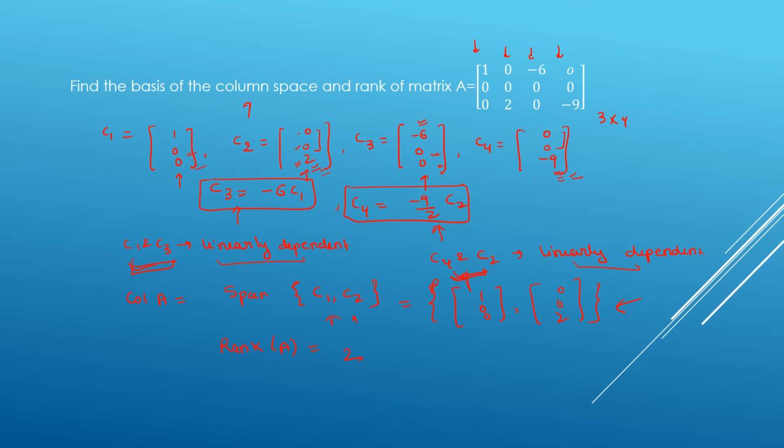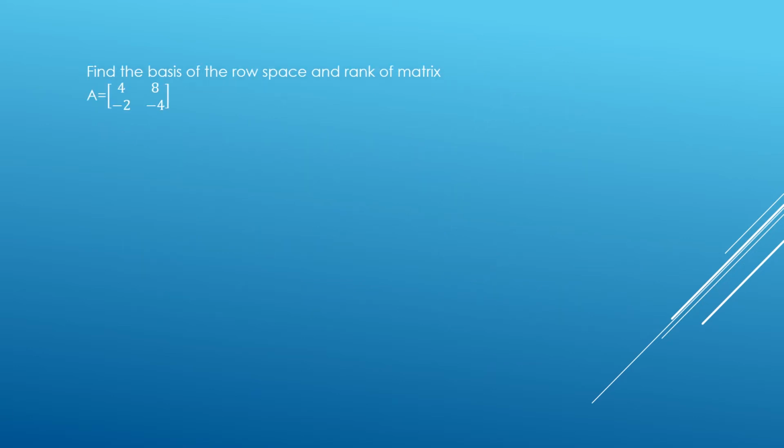Let's take up another example. The question is asking for row space. So whatever we have been doing so far is with column space. Now we have to try the same process with row space, right? So when we say row space, what you are supposed to do is just apply all these forms in the row manner. Write the rows.